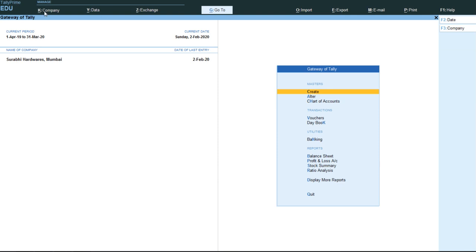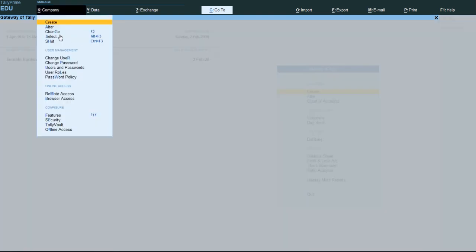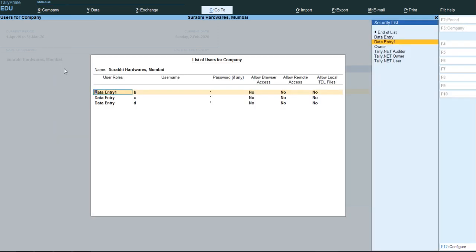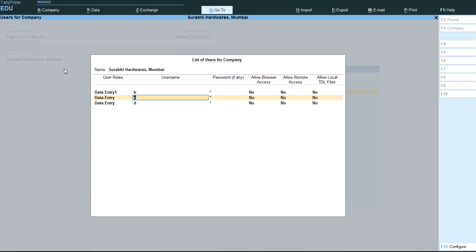Again we will go to company, username and password. So basically we have created data entry 1, data entry 2, and data entry 3.